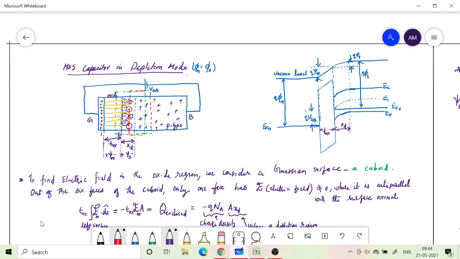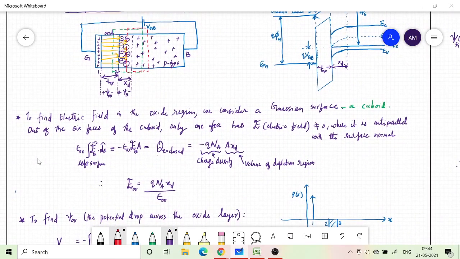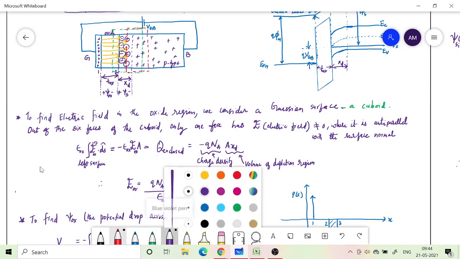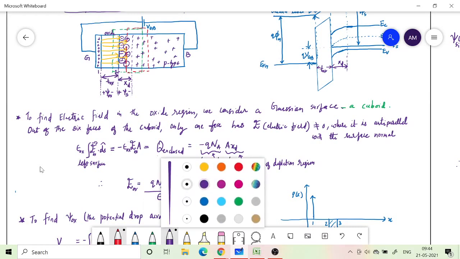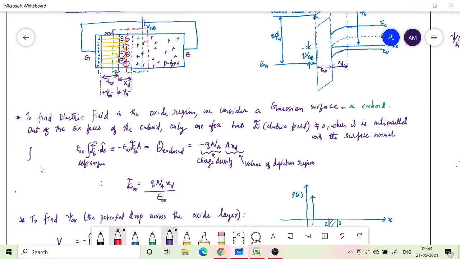Now we have also started calculating the electric field by applying Gauss law. So everybody, you said that you are familiar with the Gauss law. Gauss law says that if you take a closed surface integral, which sometimes is written with two integral signs to show that, closed surface integral of D dot dS. So this is basically the Gauss law.